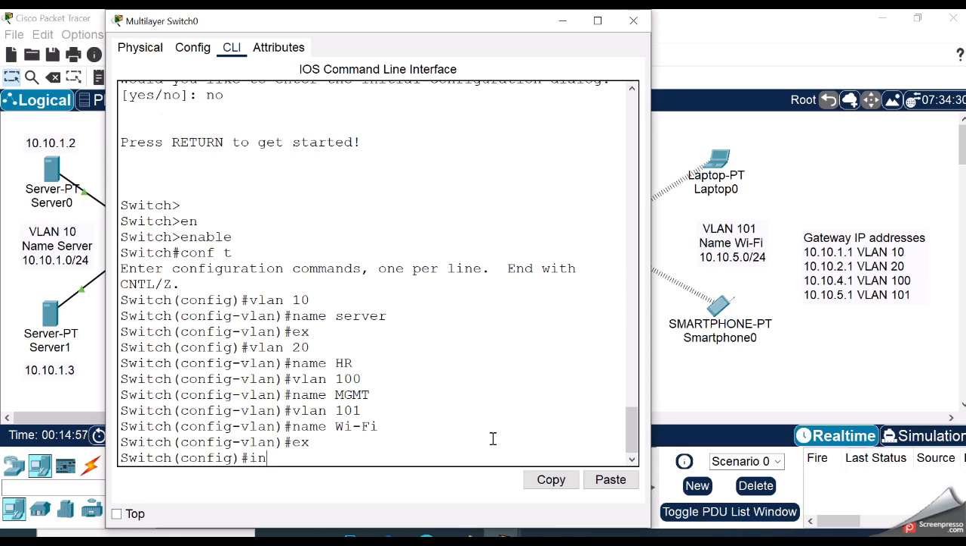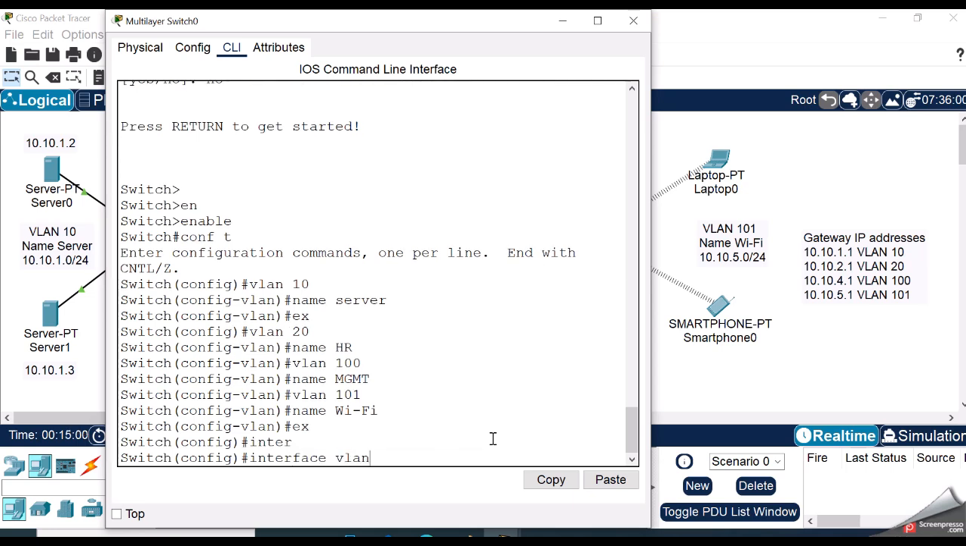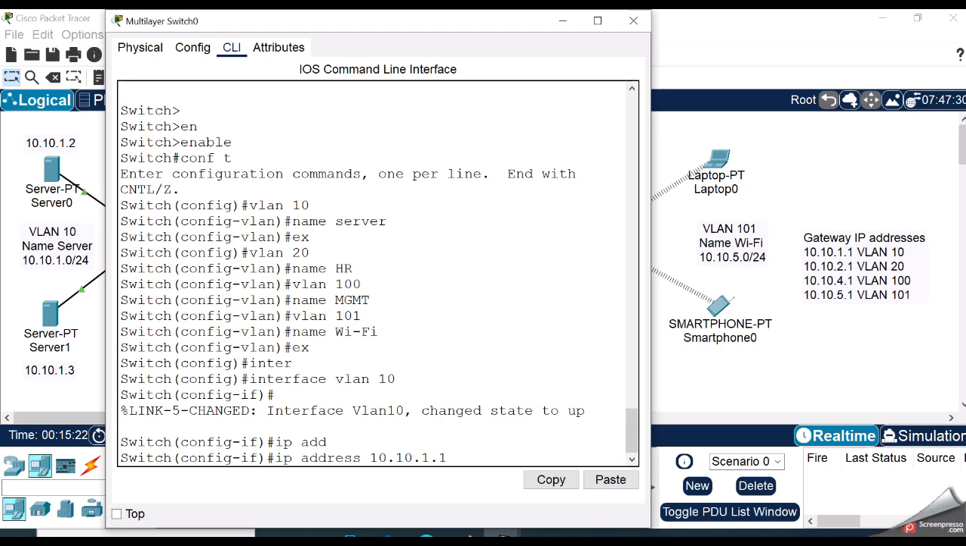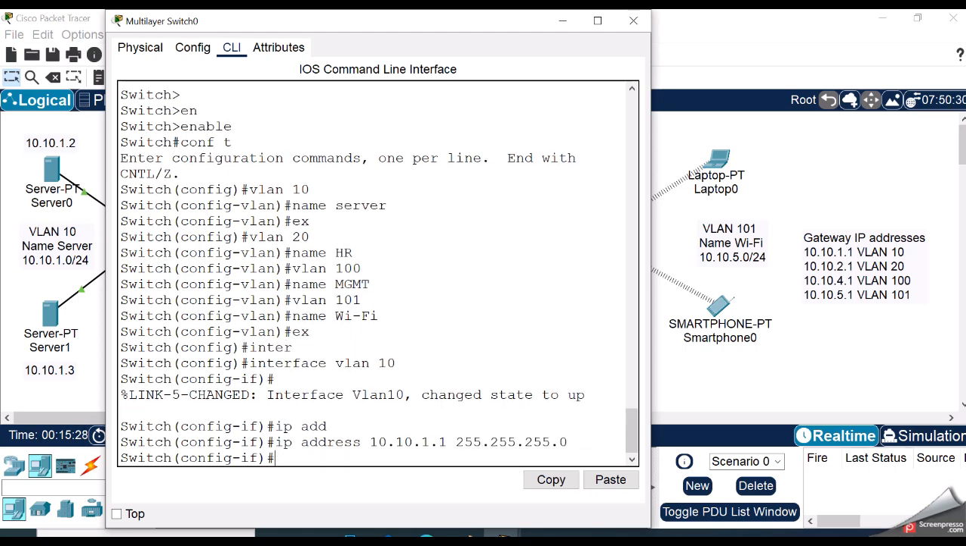Okay, now we need to assign IP addresses to all these VLAN interfaces. So there is a command: interface VLAN 10. Change state to up. The interface for VLAN 10 is now activated. IP address 10.10.1.1, 255.255.255.0. So this IP address will serve as the gateway for devices that are part of VLAN 10, and